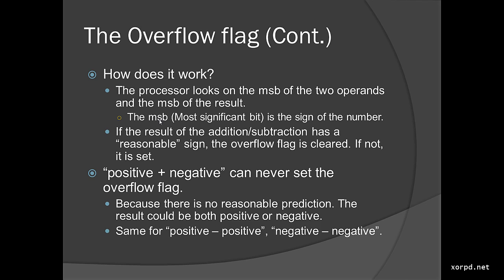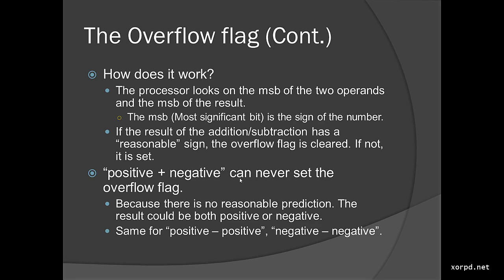Just a comment about it. Positive plus negative can never set the overflow flag. Why is that? Because there is no reasonable prediction in this case. The result could be both positive or negative. So actually, the processor really tells you that you are on your own in this case. The processor can only help you predict what reasonable result should happen in the cases of positive plus positive or negative plus negative. It cannot help you in the case of positive plus negative because it cannot actually predict the